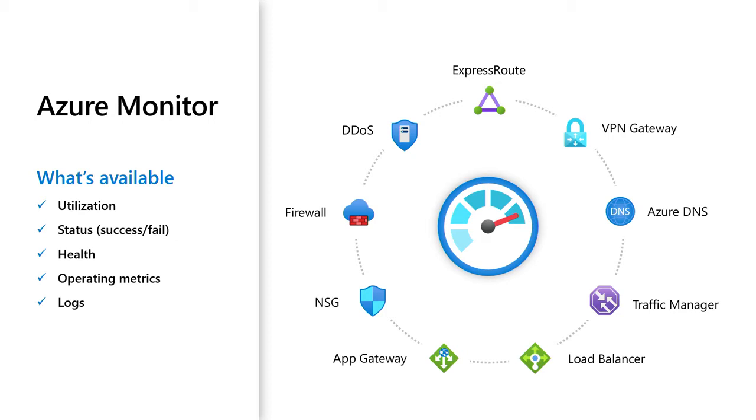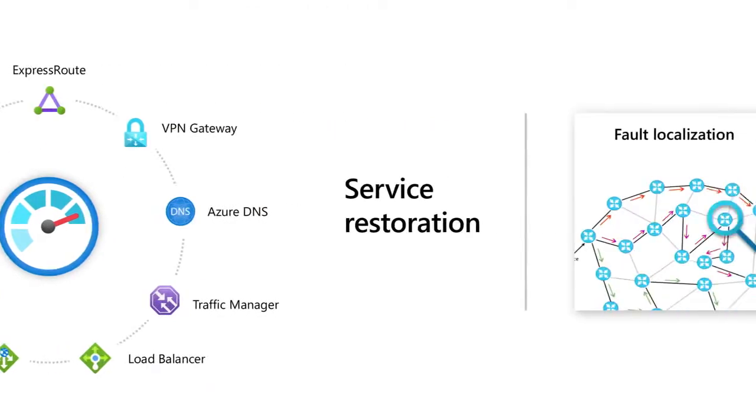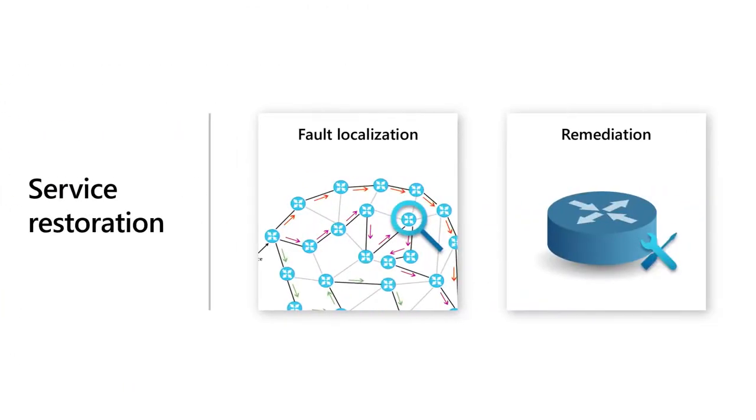Now, when you have an outage, you need more than metrics. What are your priorities when you have an outage? Your priorities are, one, pinpoint the issue on the network. Figure out which component is responsible for the outage. That's your first priority. And your second priority is resolution, service healing the issue.